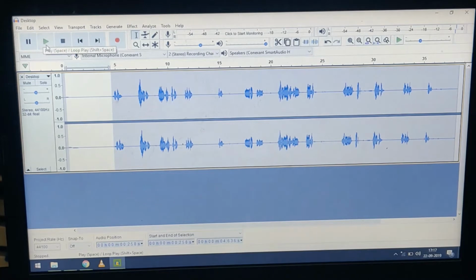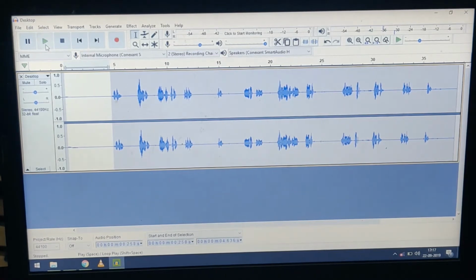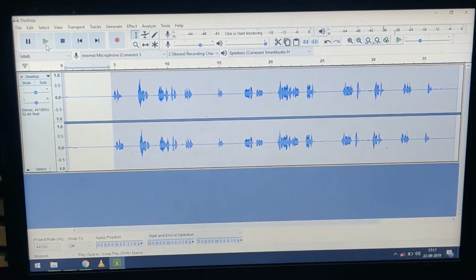It will play only the selected area. Please make sure it does not include your voice. Your voice will start later. So I have selected only the noisy area. Got it? Now I am going to apply the effect.